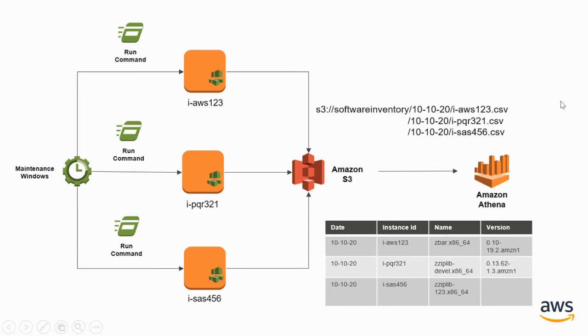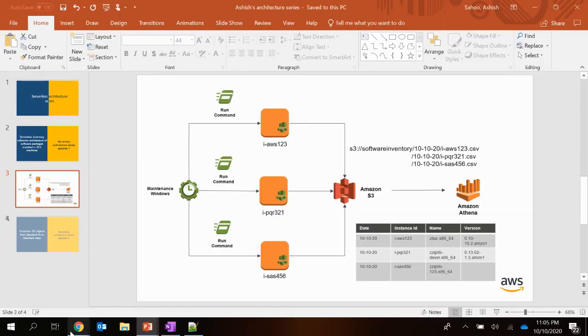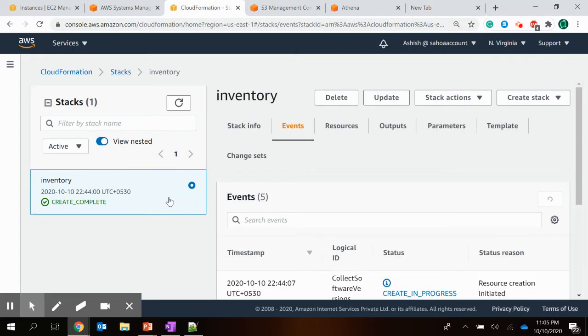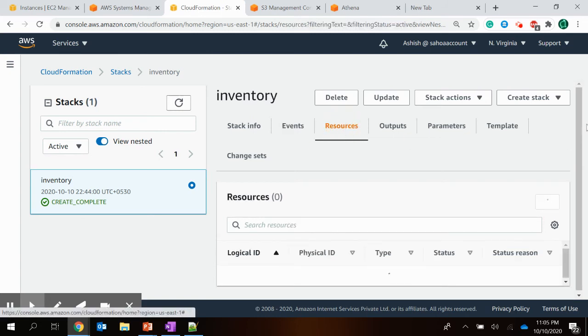So let's look at the live demo of this. This is my CloudFormation template. Let's look at the resources which have been created.